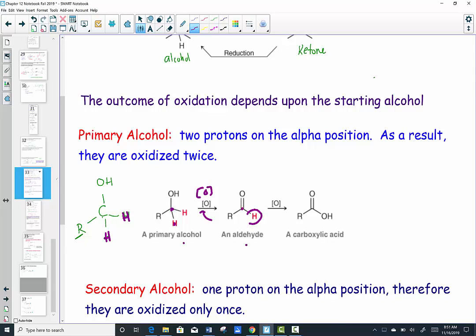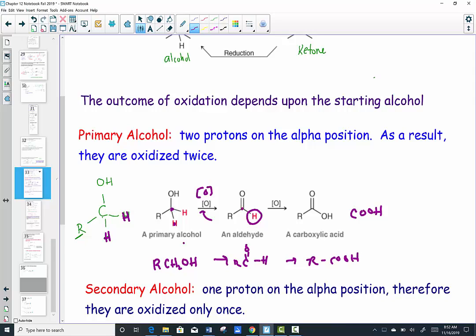There's still one more hydrogen that can be oxidized, and that would lead us to a full-blown carboxylic acid, COOH. So in oxidizing a primary alcohol, we have a carbon attached to 2 hydrogens, and it would lead to the aldehyde, the RCOH, and finally all the way to the carboxylic acid